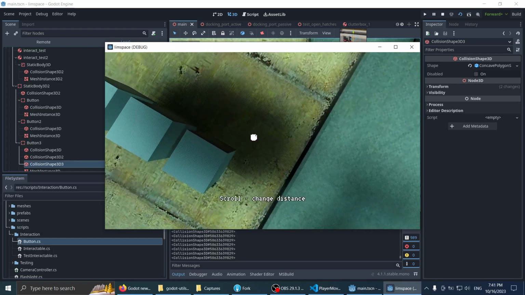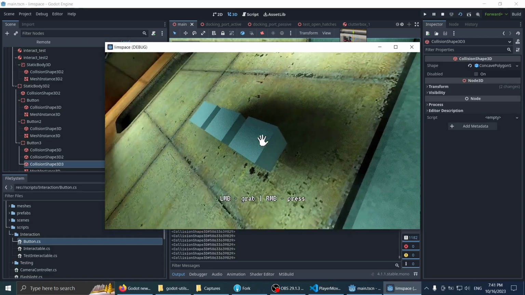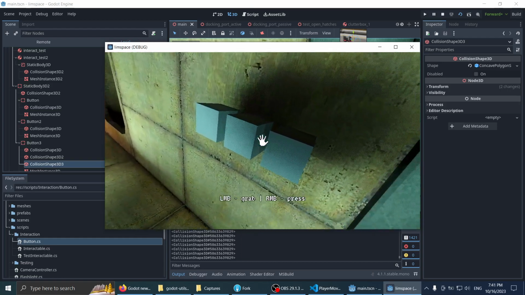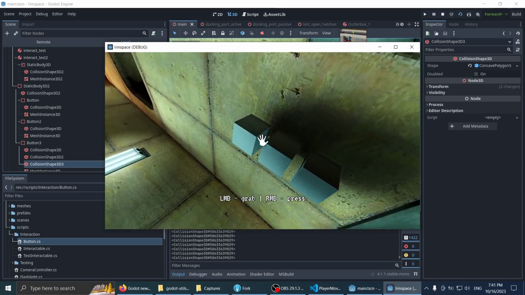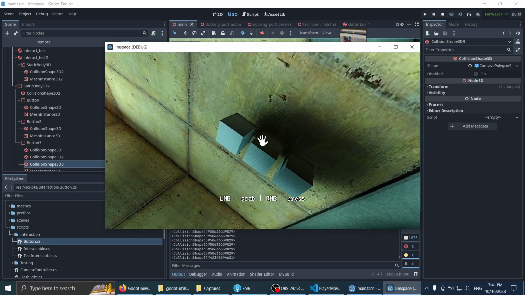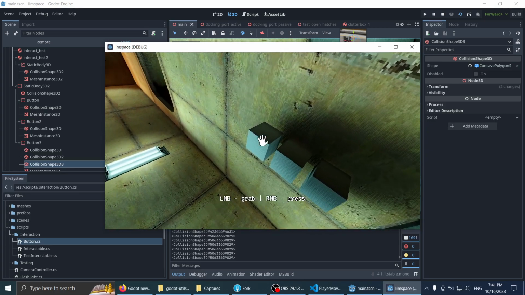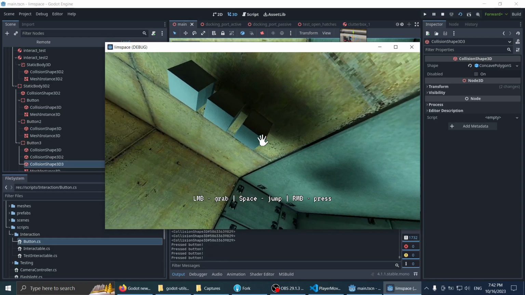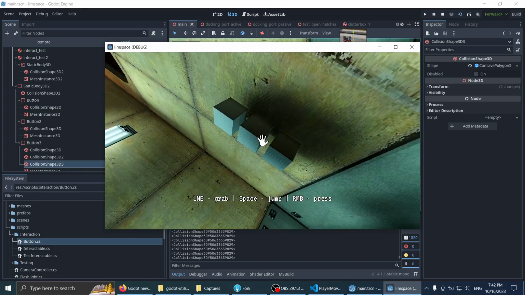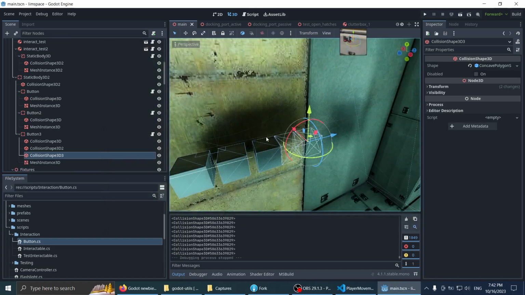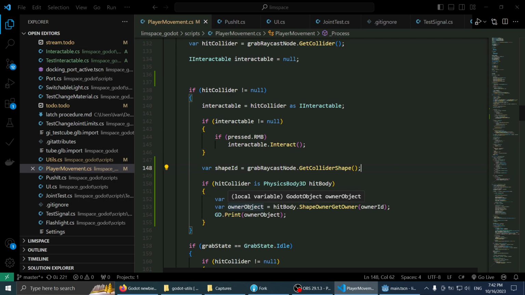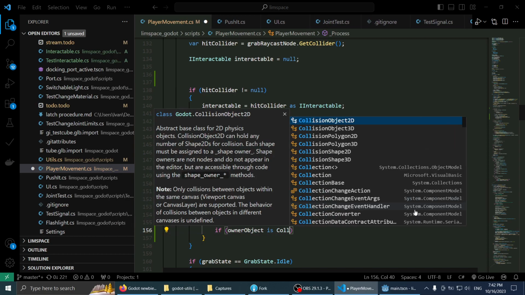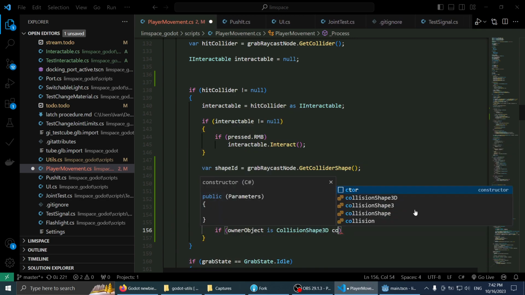Collision shape 3D. Why is this not a collision shape? Why is this not a different collision shape? That's strange. Oh wait, these are all the same ones. Collision shape 3D. This is strange. All right. So is this a collision shape? If owner object is collision shape 3D, collision shape,